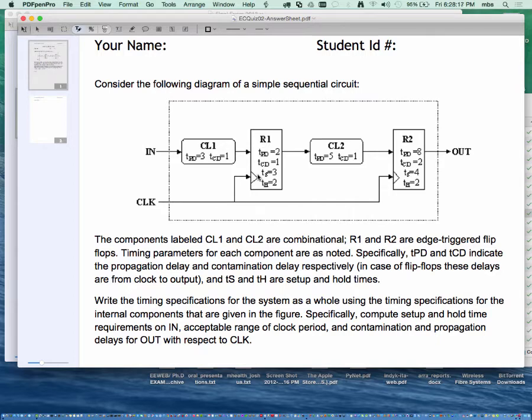So whatever the characteristics of R2 are, those are basically the characteristics that we will see. And the other thing which may come up is the following: if this input is coming from another logic module, which in itself is changing on a clock cycle, then the delay of CL1 can matter. Let's imagine I had made the propagation delay of CL1 to be 10, hypothetically. And then if the input is changing as a result of a clock itself, then this delay is going to affect